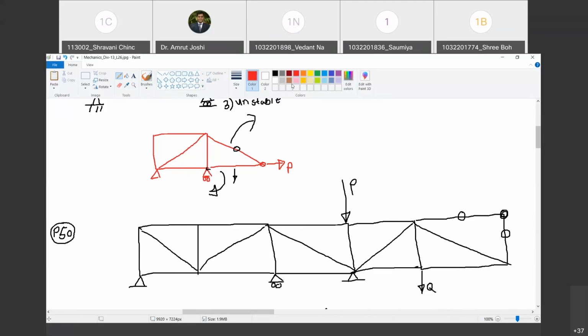कहाँ पे apply कर सकते हैं? We can apply rule number 2 at this joint. Yes, sir. So what does it say? Forces in these 2 members must be equal and this must be a 0 force. Yes, sir. Happy? What else? Where can we apply? Nowhere else. Yes, sir. Are you with me?